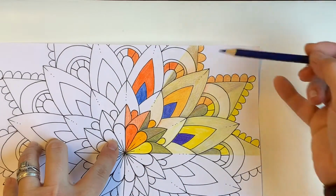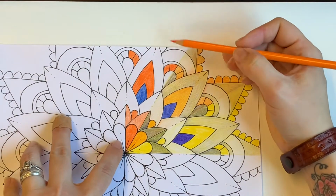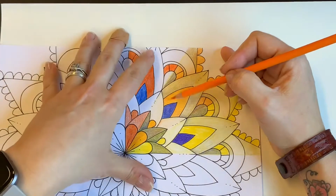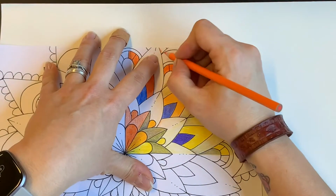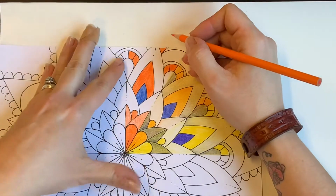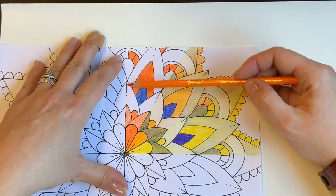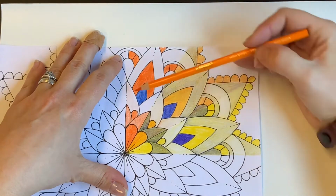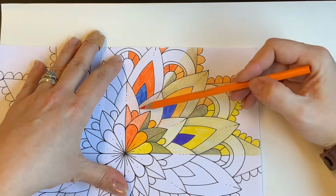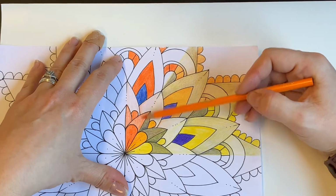I've gone in from yellow to yellow orange, and now I'm in my orange. And I have colored everywhere where I would have my hue, except for right here. All right, so I'm gonna have a shade right here. I've got a tint right here, so I'm just gonna color really lightly. I'm doing a little bit of a shadow here just to show that it overlaps, but it's still a tint